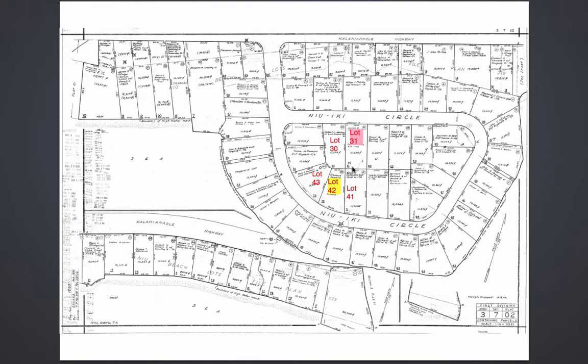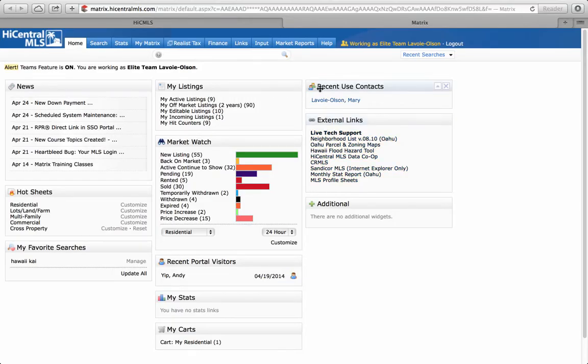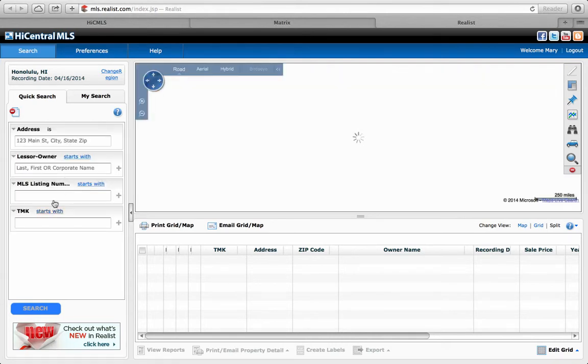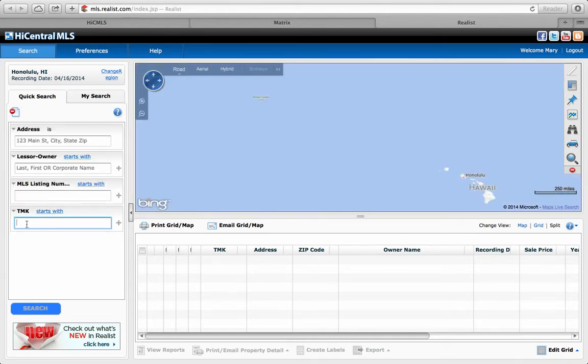Now what we're going to do is go into our real list program, or if you're using Hawaii Information, we're going to go to the tax record to locate the owner information for this particular parcel. Okay, so now here we're on Matrix. We're going to go into our real list. And once that opens up, we're going to put in the TMK number. It's taking a little while, but there we go. So TMK number